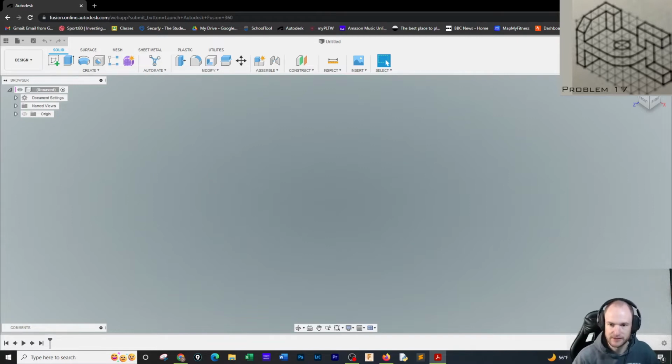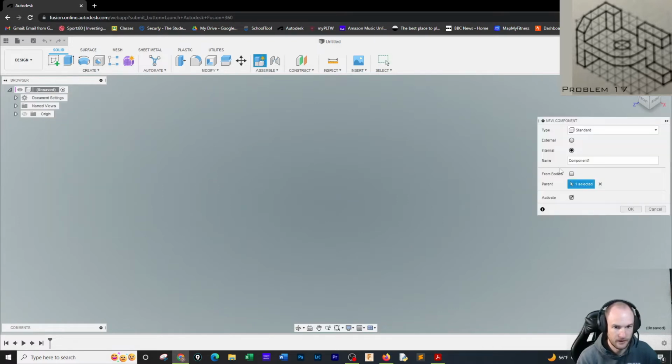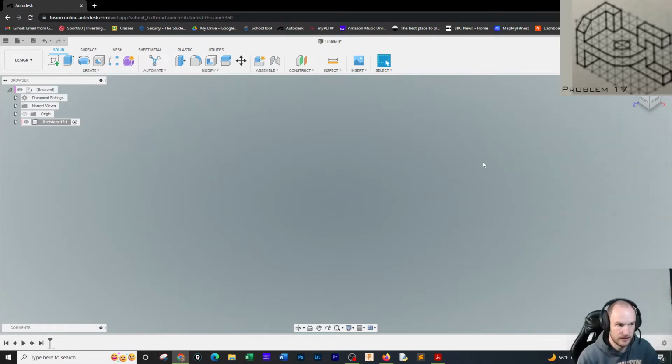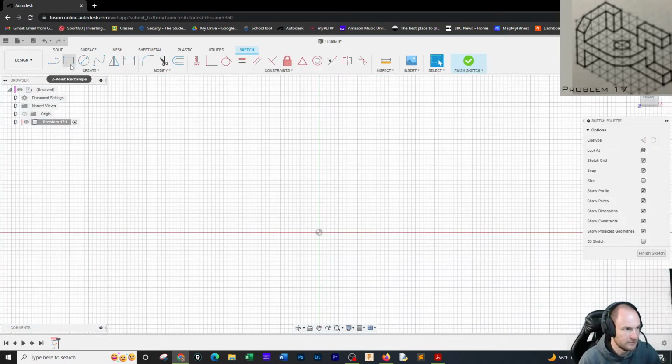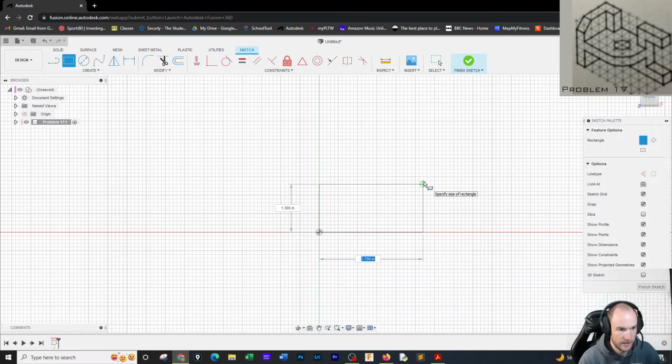Number 17. Whew. Got like a bend in it, all sorts of weird, crazy, funky things going. But it is, once again, 1, 2, 3, 4, 5, 6, 7, 8 by 5. So we're going to start by making a new component here. Problem 17. Very good. Create sketch, front face, make a rectangle, and we're going to make that 8 by, ooh,